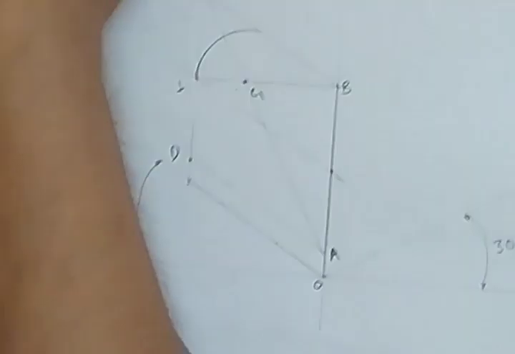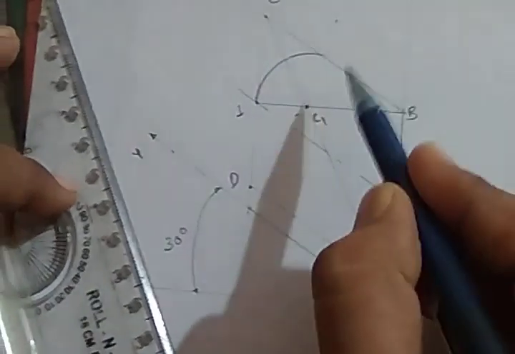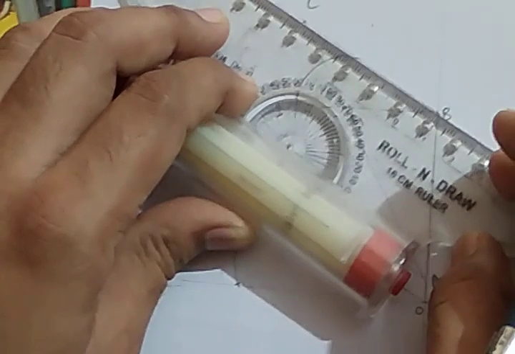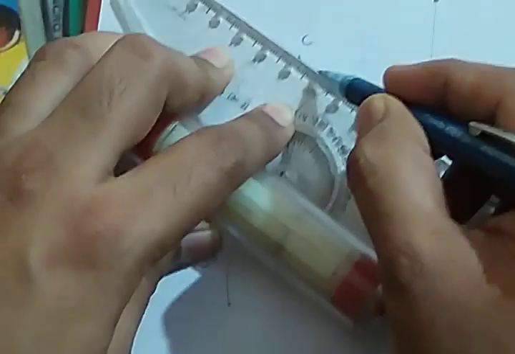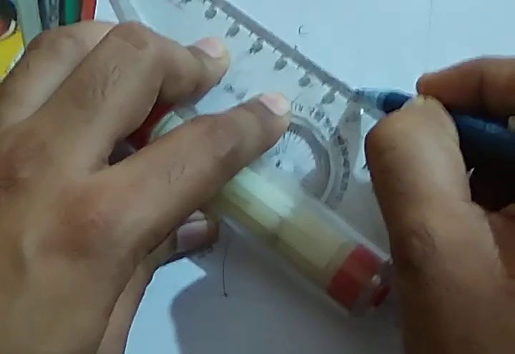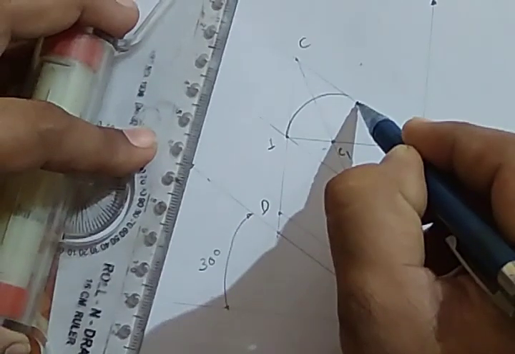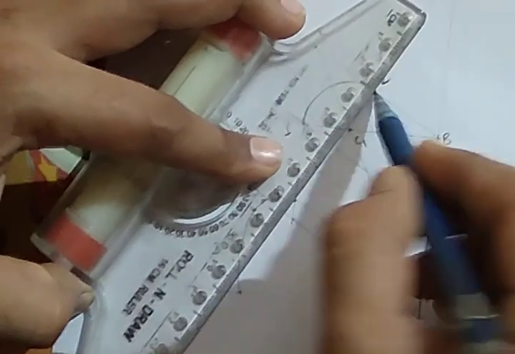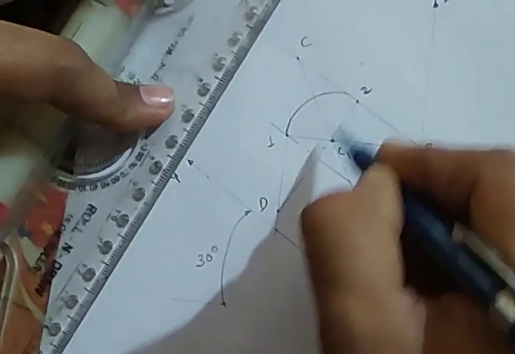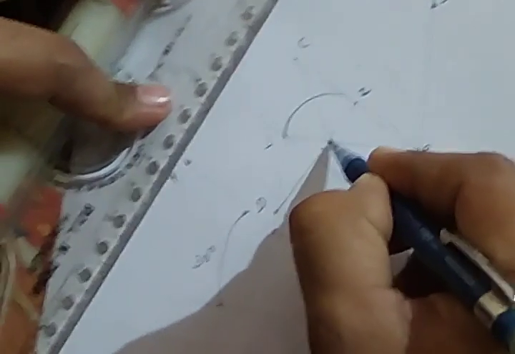Okay, so take then D as a center. You need to join this D with the opposite midpoint. So on line BC you need to find the midpoint, which is of 50 mm. So take 25 mm. Okay, so here I will mark it as point 2. Okay, so join D with this point 2. So this line will also intersect at the same center, that is C1.